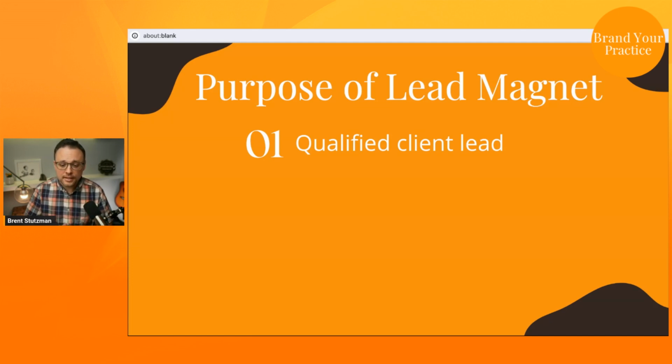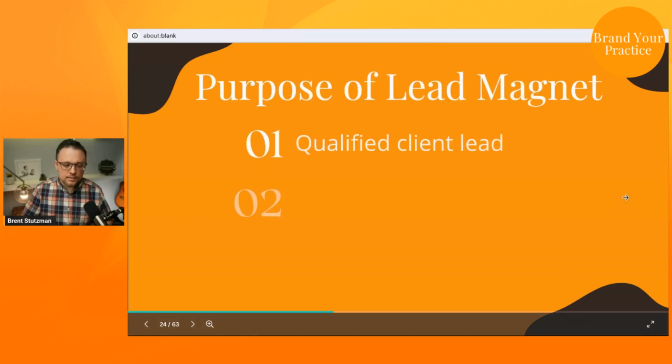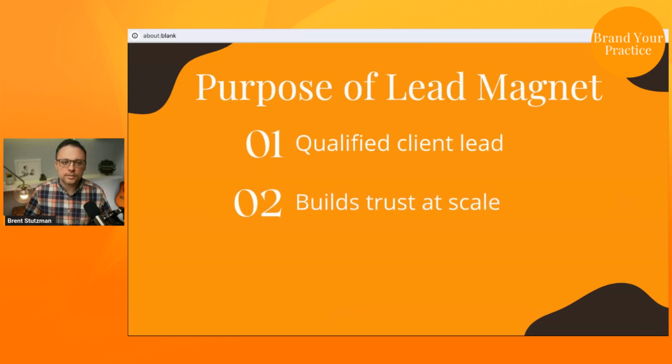The second thing that a lead magnet will do is build trust at scale. So a lead magnet does 2 things at once. It really provides a free resource that helps solve a problem, which positions you as a trusted guide, but it also will open up another problem that is uniquely solved by your services. So by solving that first problem, you build trust, because free value will build trust,